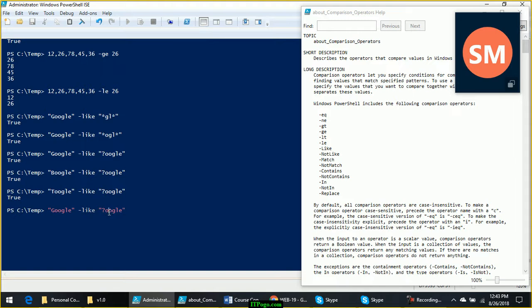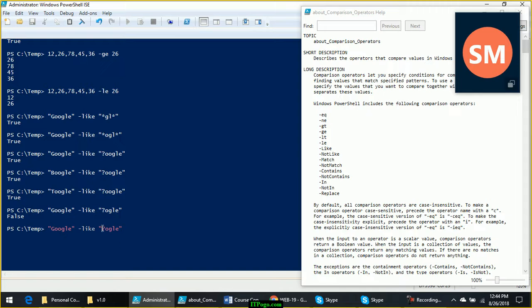If I change this to question mark OGLE, this will return false because this question mark cannot accommodate these two characters. These four characters are matching, but these two characters cannot fit in one single question mark. These two characters can fit in one asterisk.